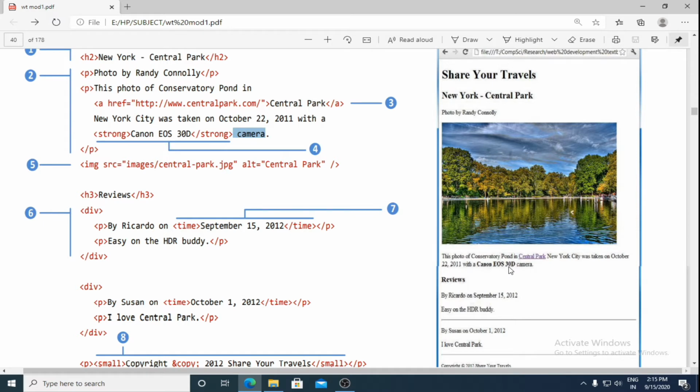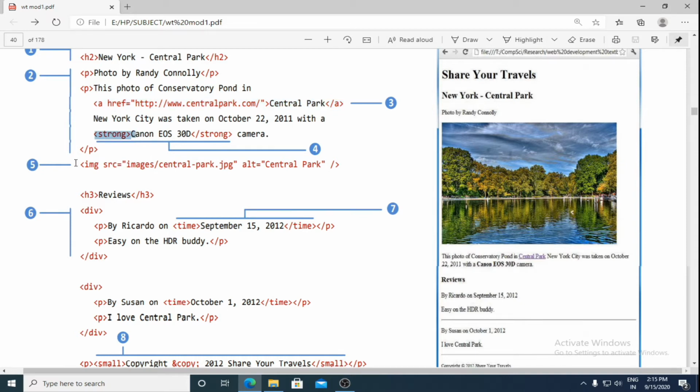Only this camera's name is appearing in bold. So inside this paragraph there is a nesting of elements, and the elements nested under this paragraph are the a element and the strong element.